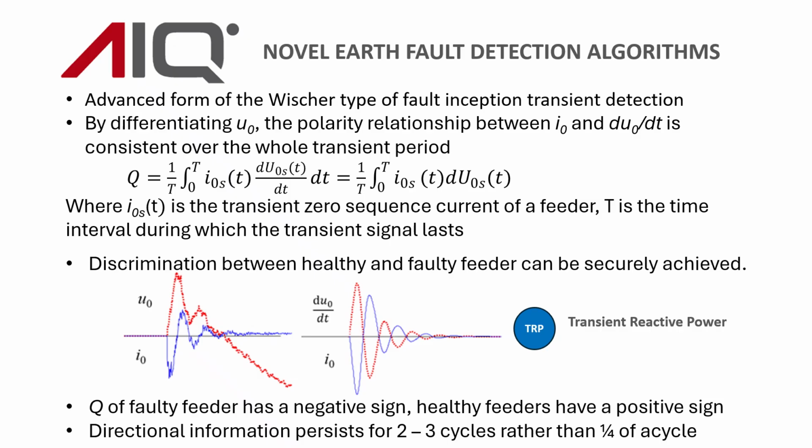What this does for us is that it gives discrimination between healthy and faulted feeders in a more secure way, as you can see from the two waveforms. The Fisher form on the first little diagram there shows U0 and I0. You can see that the directional information is really only available over the first quarter cycle or so. After that it's lost, whereas dU/dt and I0 shows the very